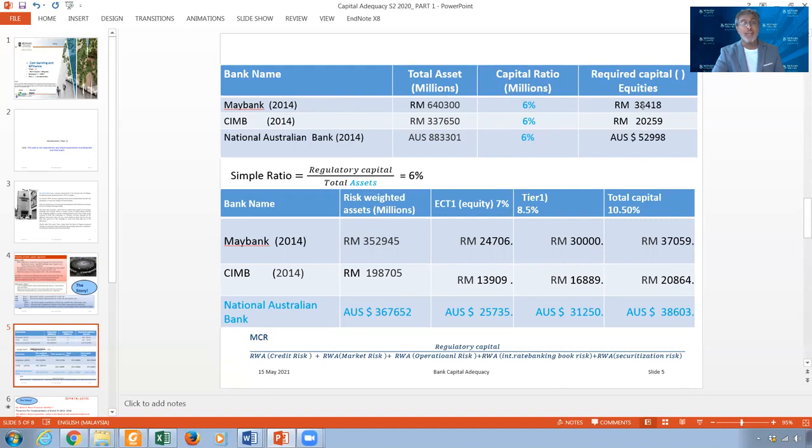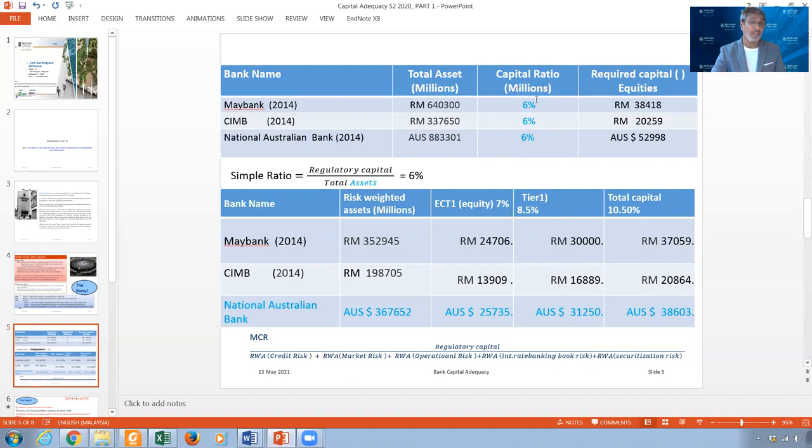Look, this bank, for example, Maybank, should have 38 billion. For CIMB, 20 billion. And for the National Australian Bank, they should have around 52 billion. This is if you are assuming you're taking the leverage ratio, which is the issue that was